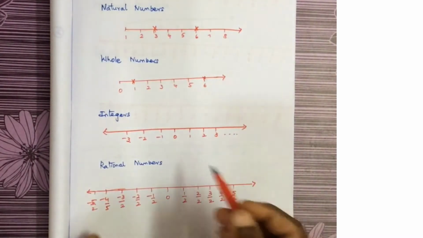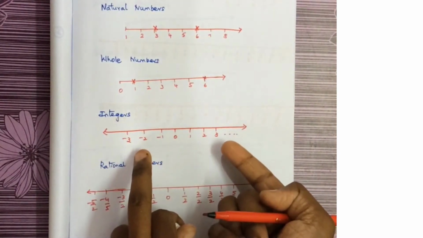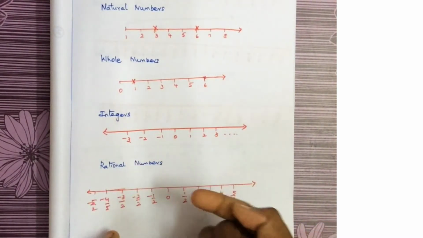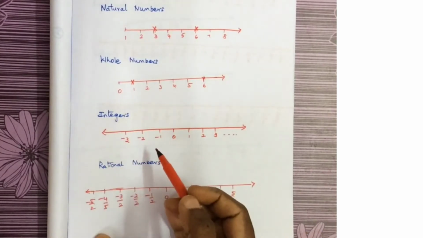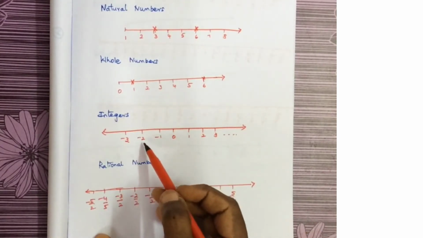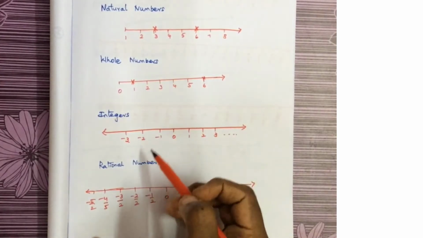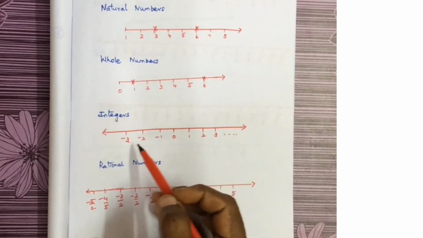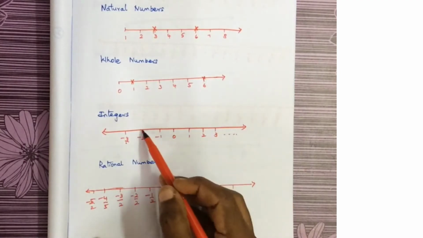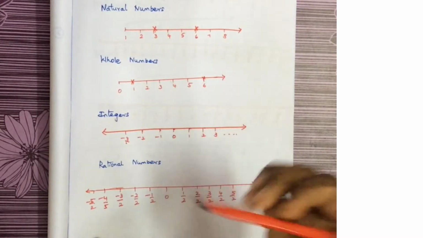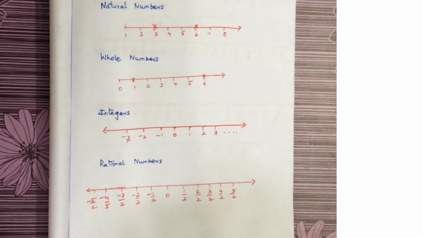Similarly for integers also, between any two numbers, we can say how many numbers exist. Suppose for integers, if I ask how many numbers exist between -2 and +2, you can say 3 numbers exist. Okay, how many numbers exist between -3 and +3? 1, 2, 3, 4, 5. 5 numbers exist between these integers. So now we will see how this will go for rational numbers.